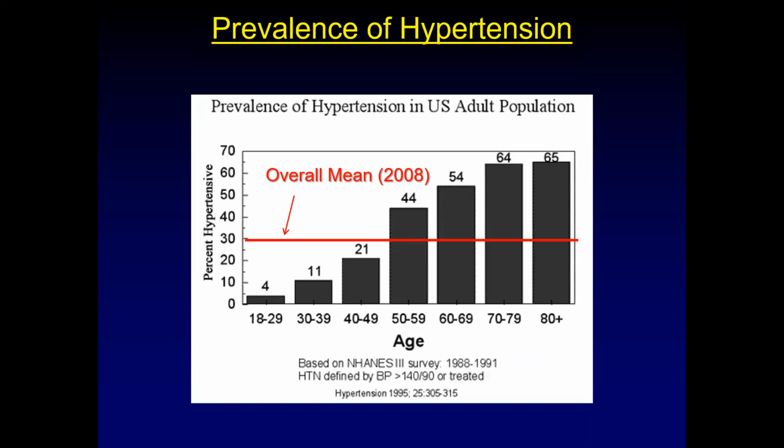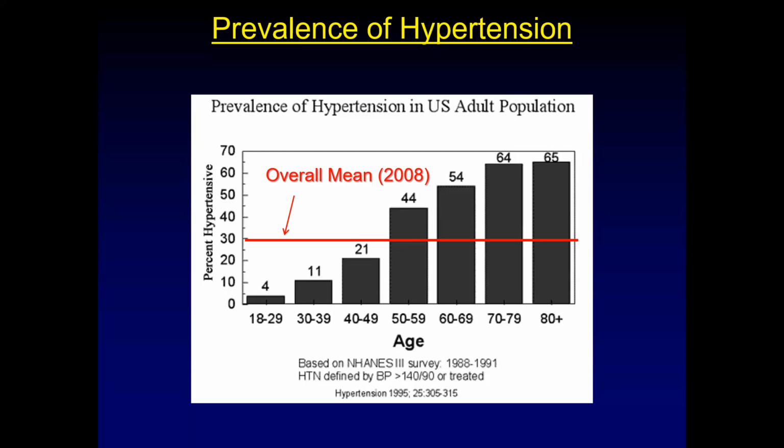from this NHANES data set, the National Health and Nutrition Survey that we have, but the pattern is roughly the same. Okay, so this is the percentage of people in these age buckets that are hypertensive. So in y'all's age range, like 4% of people are hypertensive. If you look at people that are 80 years or older, they're at almost 70%, or about 2/3 of those people, hypertensive. And if you take all adults and get an average, in 2008, a little after this had come out, the average was about 30% of people.